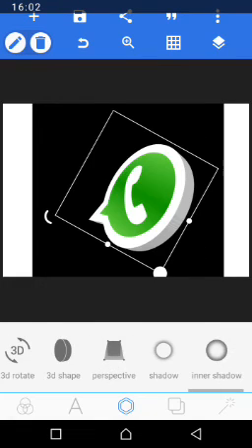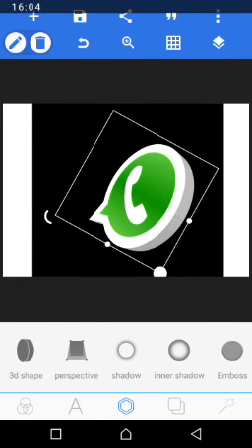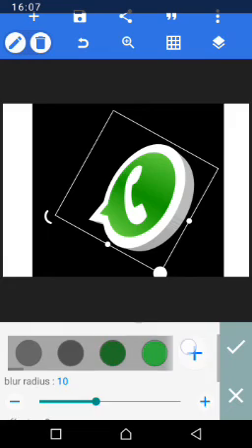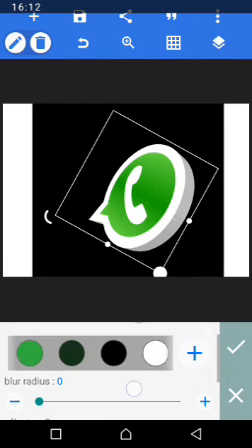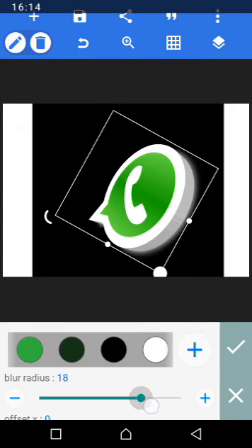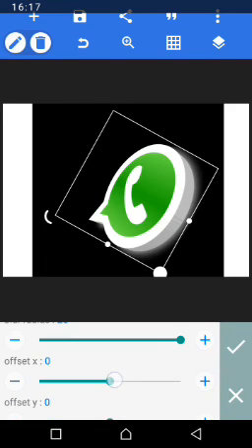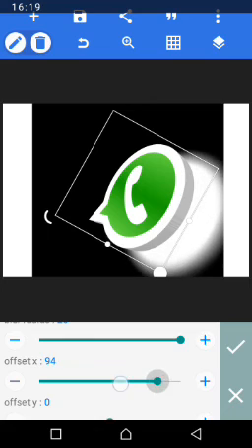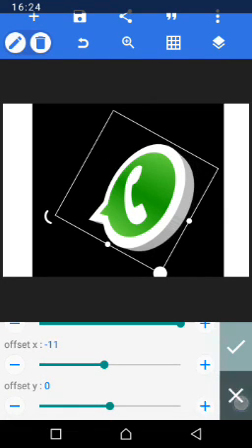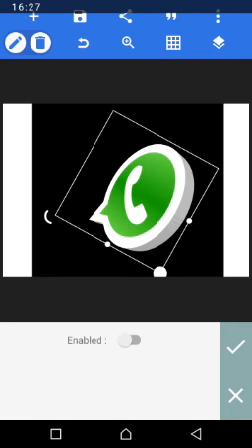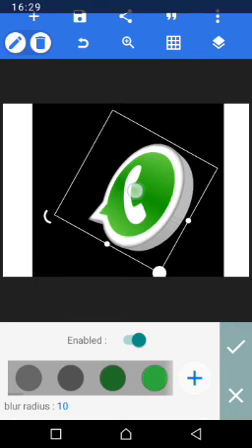I mark it up. Then shadow. If you want to add shadow, I turn it on. Select the shadow I want to add. Say white shadow. Blur radius. How blur should it be? You see the shadow is increasing, and offset. You can move the shadow if you want to, by x-axis, y-axis, and the rest. And cancel. Inner shadow. If you want to give it shadow inside, if you check now, you see that this